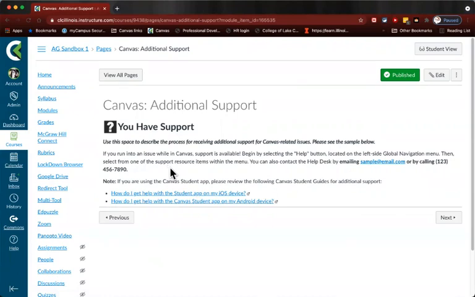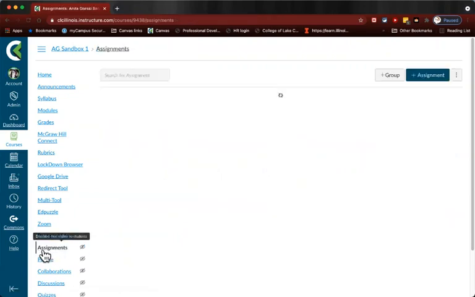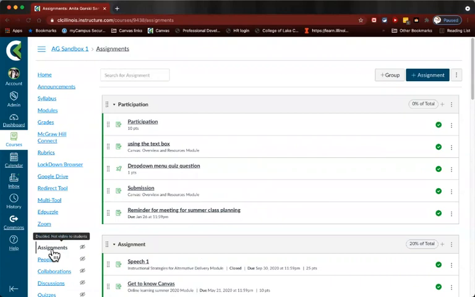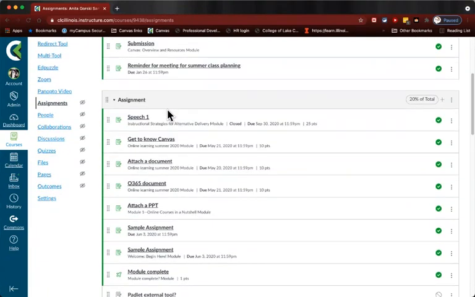Now, again, your instructor has the freedom to put together their course in whatever way they see fit. So you may not find your course set up this way. What you might find is that your instructor has set up your course so that your content is found under the assignments link. Under the assignments link, you'll see a list of assignments.